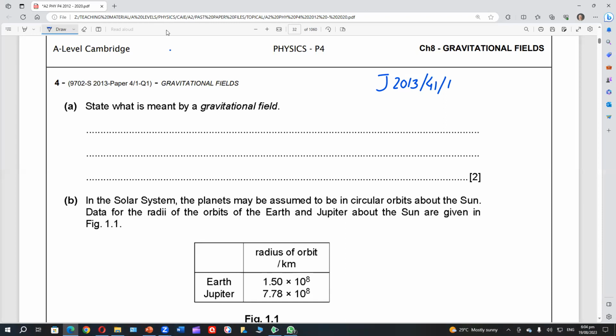State what is meant by a gravitational field. It is a